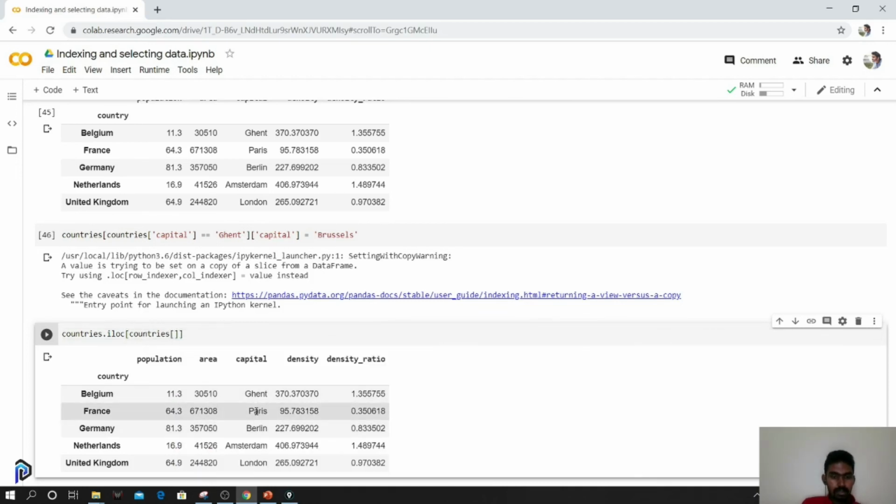We set Paris to some random value like Venice. Okay. Yeah. So we are giving the condition. It should be Paris.